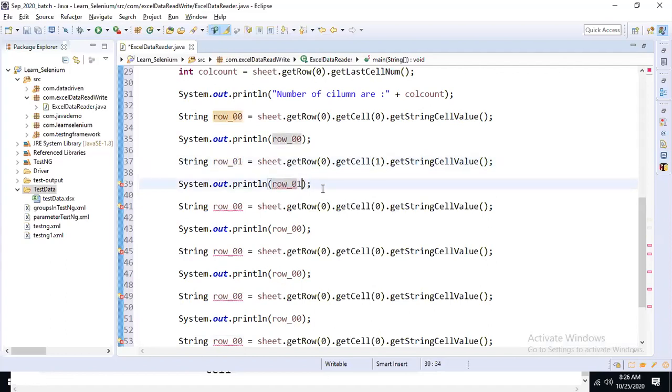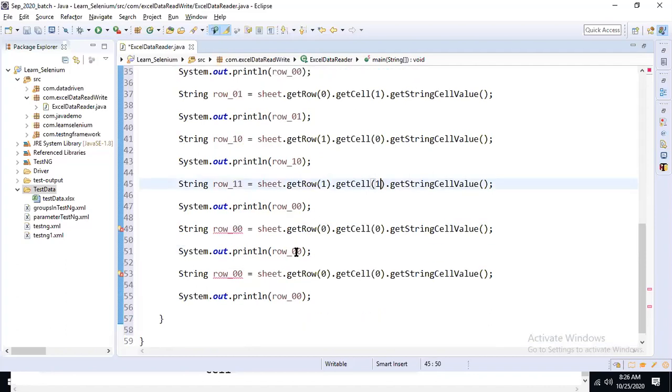Then first row, 0th column, and whatever data is there, we display. Then first row, first column, whatever data is there, I am going to retrieve that data.